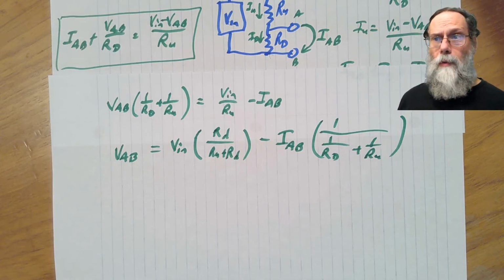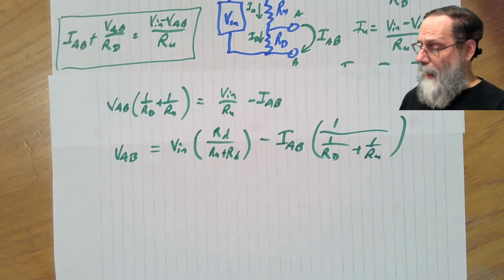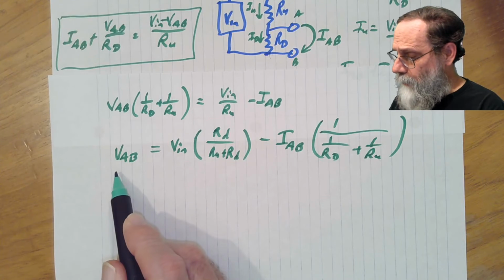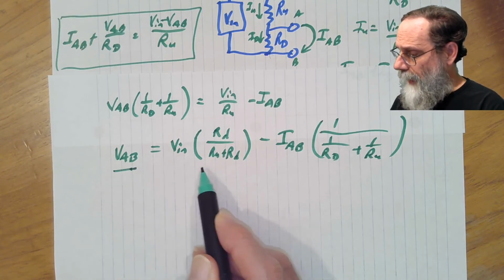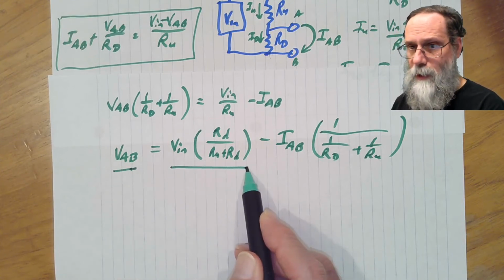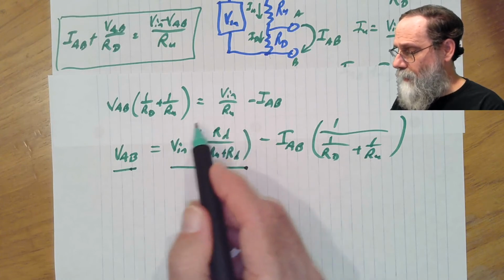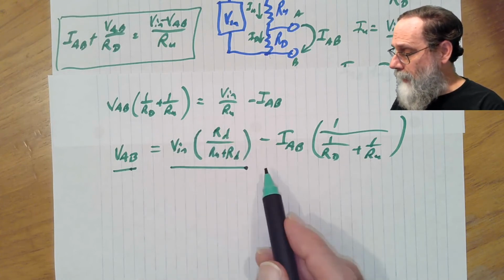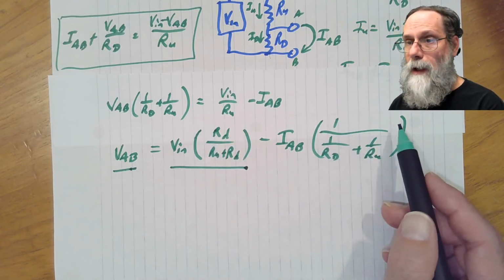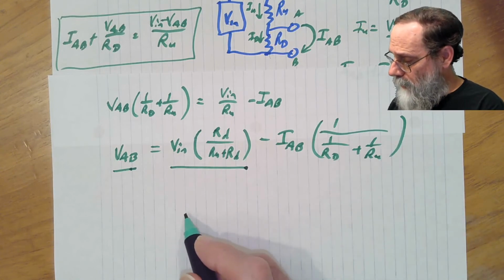Okay, so what does this tell me? I've got something here that says this is a voltage, and it's a constant voltage here. Notice all these things don't involve current at all, minus the current times a constant resistance. Well,